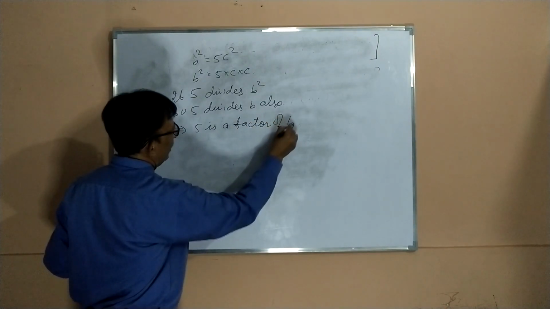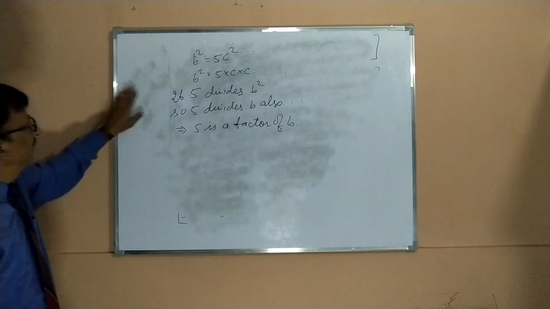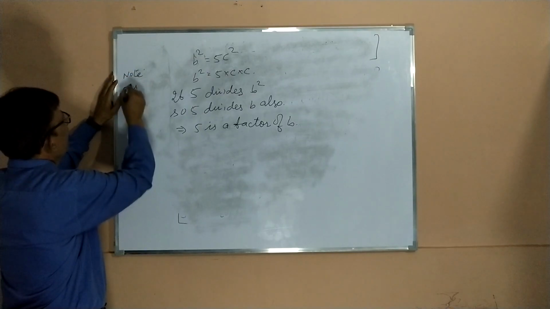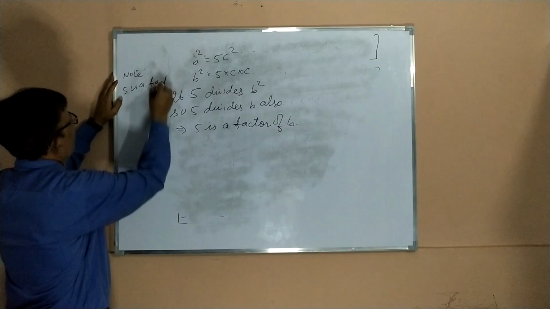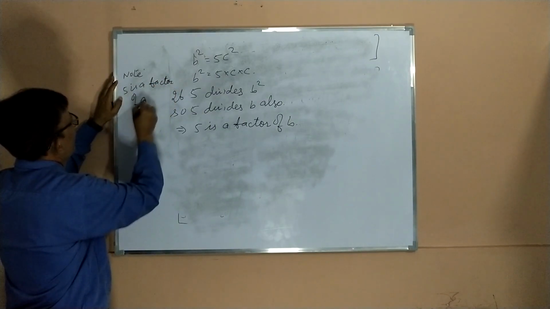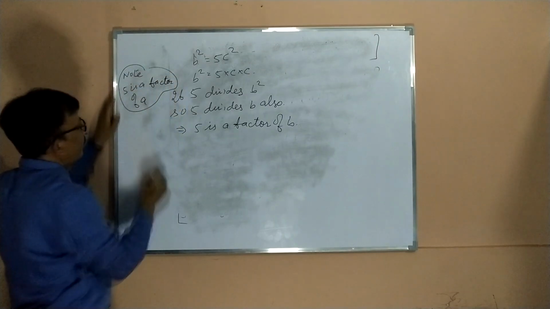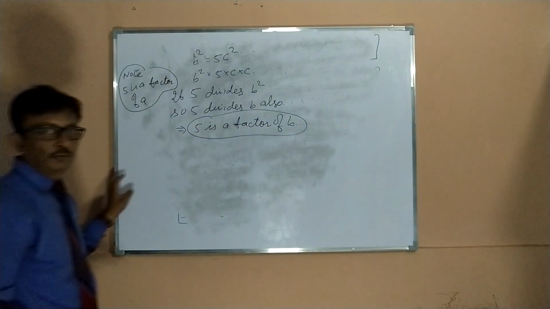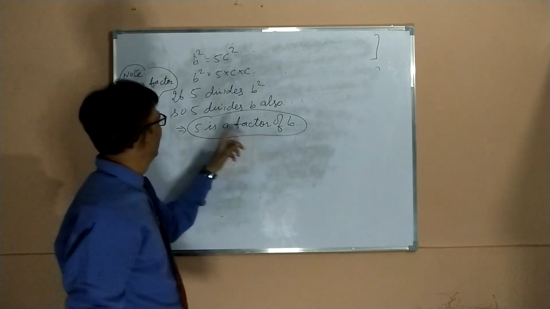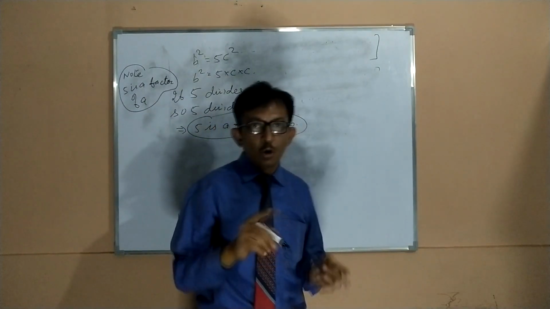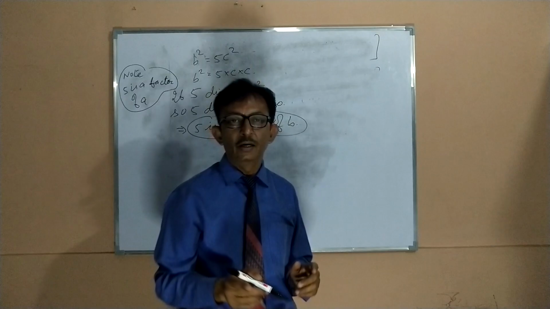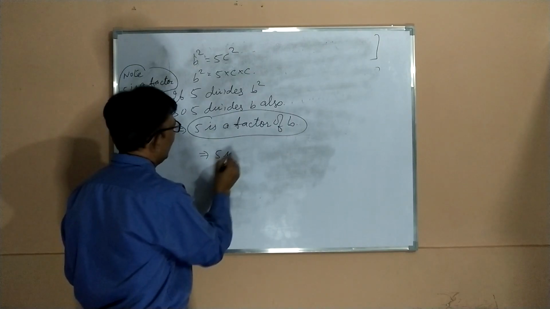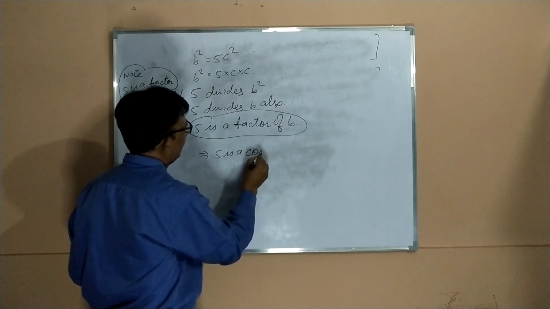अब जो हमने पहले नोट किया था यहाँ, उसके बारे में याद करते हैं. यहाँ लिखा था हमने 5 is a factor of a. Here we have written यहाँ 5 is a factor of b. इससे क्या मतलब निकला? What does it mean? 5 is a factor of b and 5 is a factor of a. It means 5 is a common factor of a and b. Therefore 5 is a common factor of a and b.